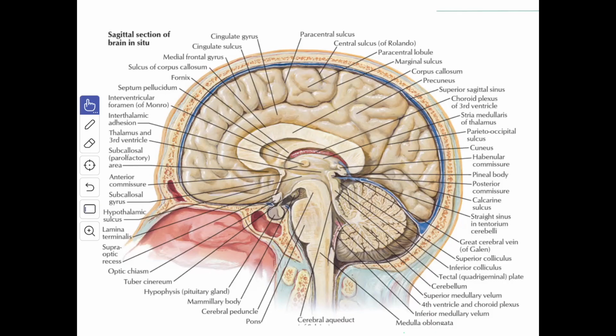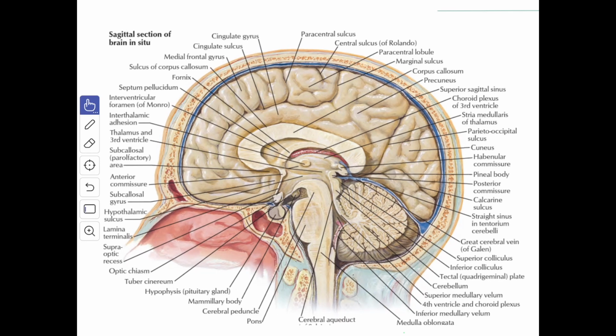In this video, we are going to study the thalamus. Before going into the thalamus in detail, we'll see what the diencephalon is. The diencephalon is a part of the brain between the cerebrum and the brainstem. So between the cerebrum and the brainstem, you have this part. This is called the diencephalon.